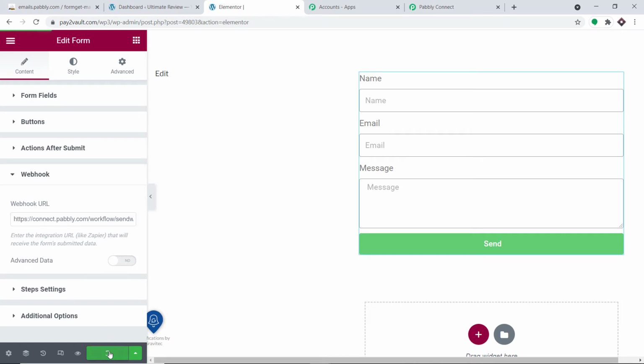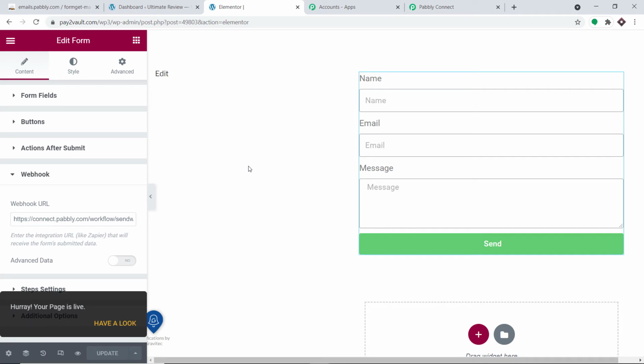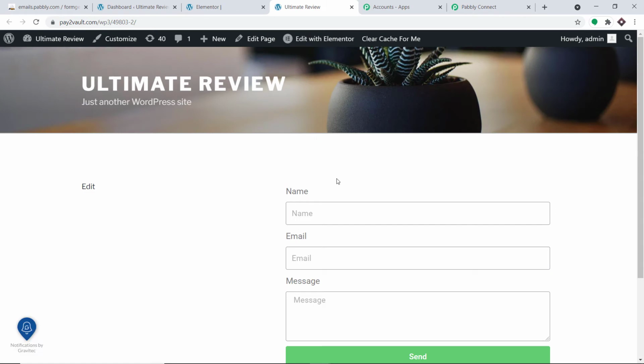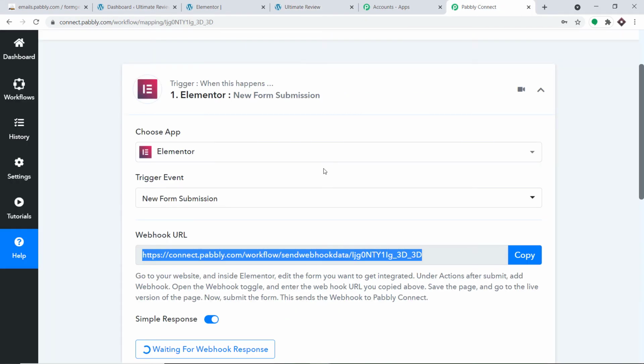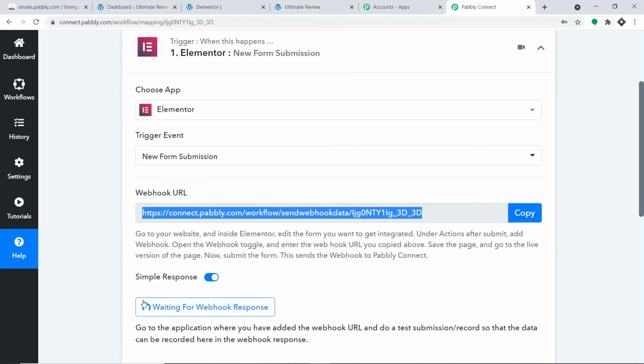Let me just click on publish. So a new form has been published. Okay, so let me just have a look. Unfortunately, we haven't given the name to this form. Okay, so this is the form. And what we're going to do here is we are going to enter some details in this particular form. Okay, new details of students. So when the submission is made by that student, the data will go to Public Connect. So it is showing that it is waiting for the data.